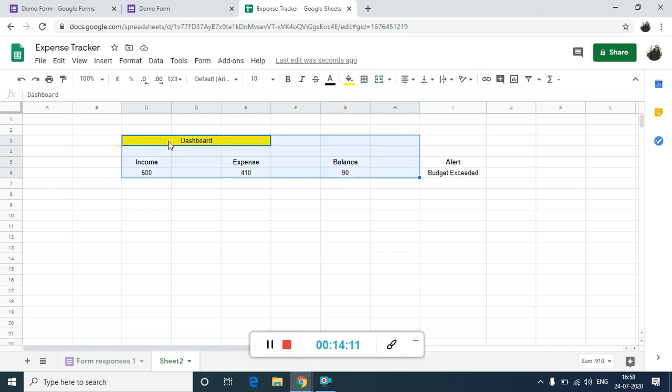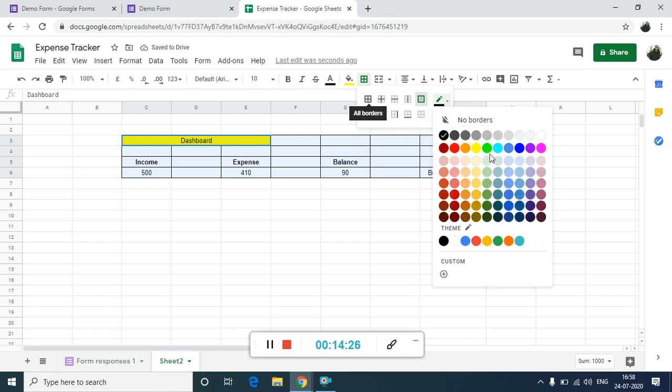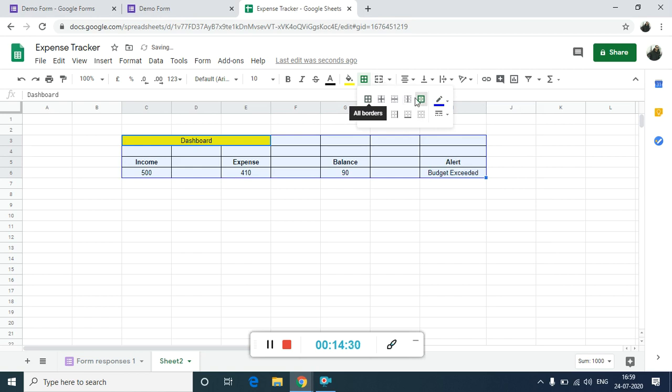Okay, you can create a table around it to keep it more presentable, and that's it, guys. Here in this dashboard you can see your income, expense, balance and alert together.